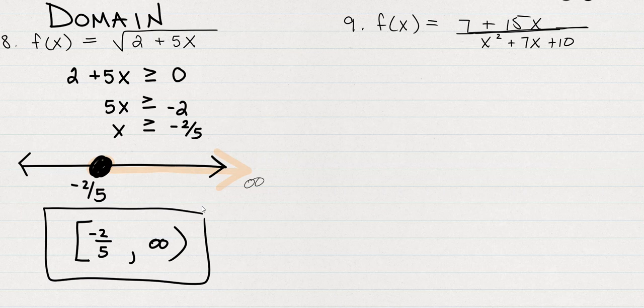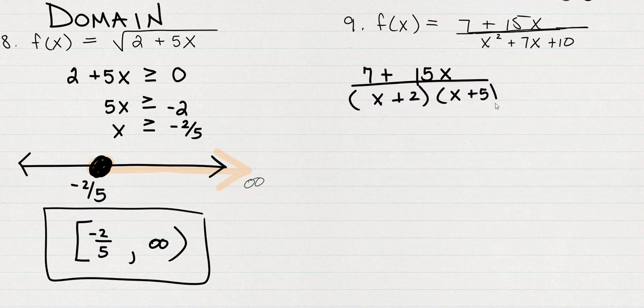And then last but not least, number 9 here, if we're looking at a rational function, what we're going to be concerned with is when is the denominator equal to 0. Many students do a good job of this, factoring that denominator. When you look at the numerator, you want to see if there's anything that divides out, and there actually isn't anything that divides out. But let me tell you that even if something divided out,